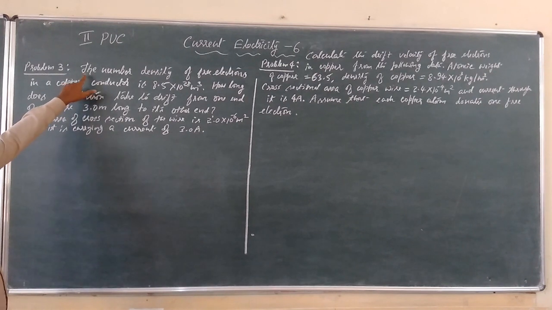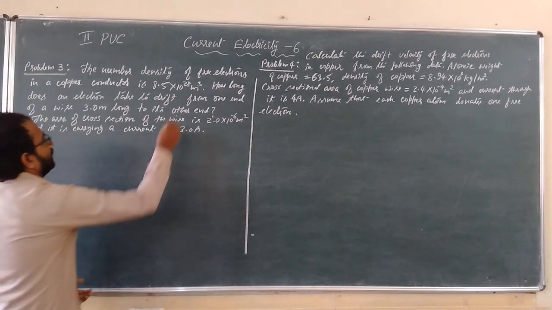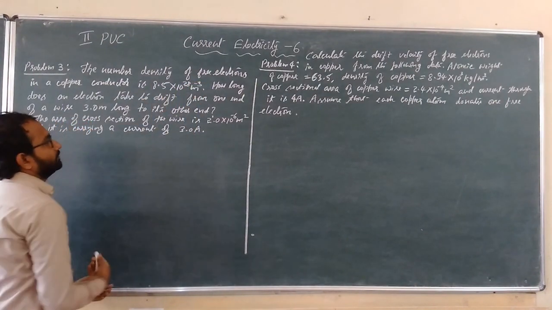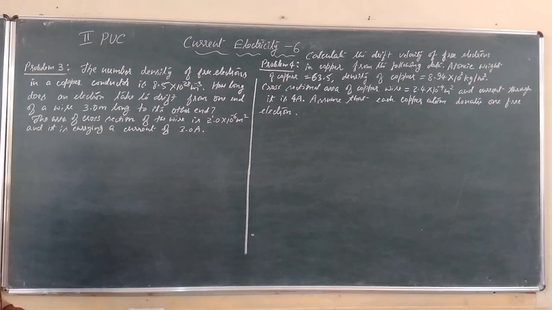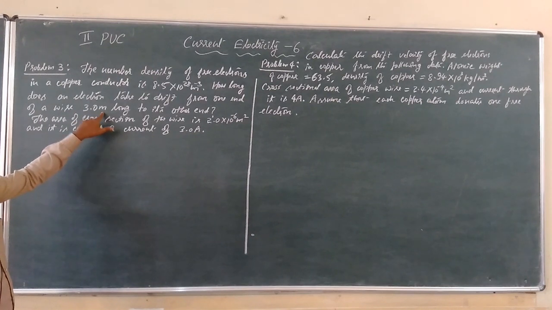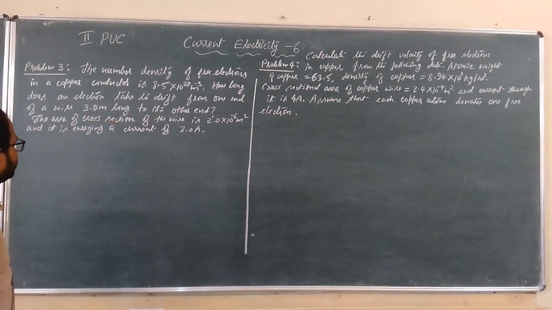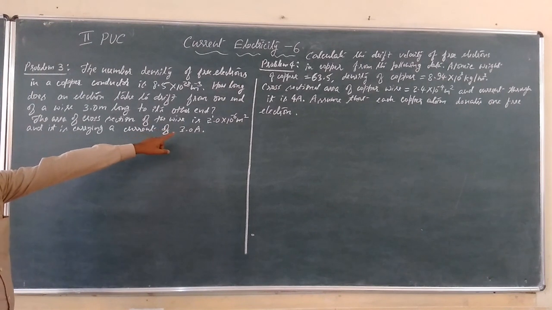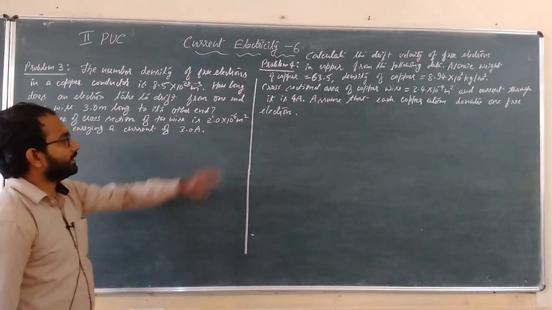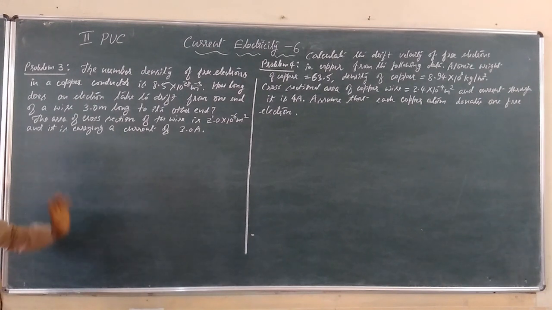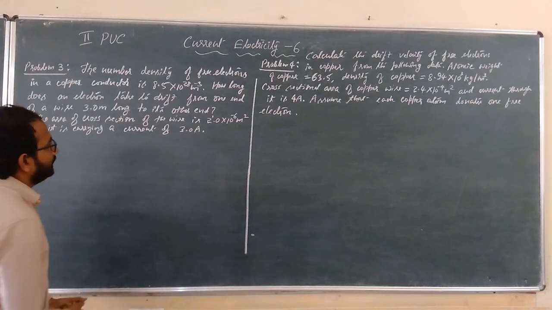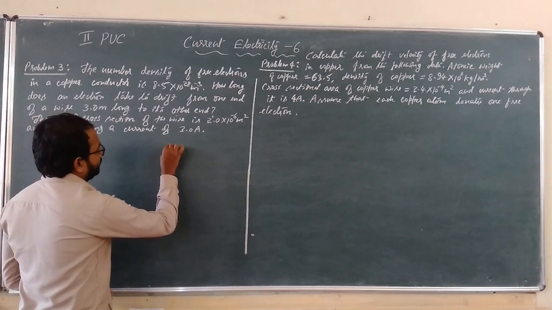The first problem: the number density of free electrons in a copper conductor is 8.5 into 10 to the power of 28 per meter cube. How long does an electron take to drift from one end of a wire whose length is 3 meter to its other end? The area of cross section of the wire is 2 into 10 to the power of minus 6 meter square, and it is carrying a current of 3 ampere. See, we have a copper wire